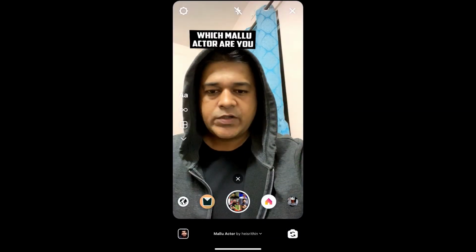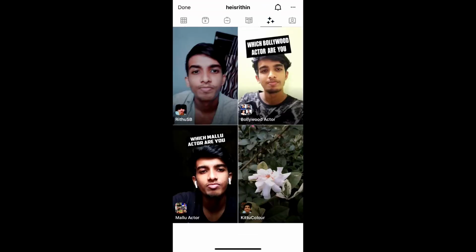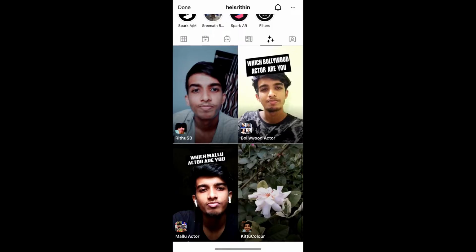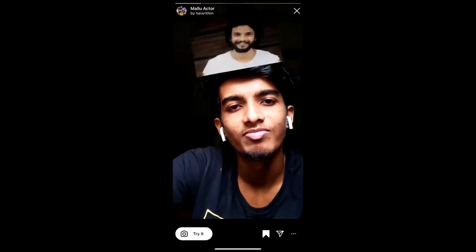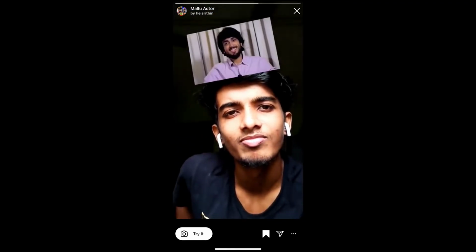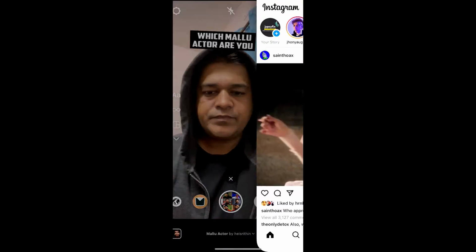To get this filter on Instagram, just visit the creator profile. Ritin is the creator of this effect. You can follow him to unlock these filters to your Instagram camera tray. So check in his filter gallery. This is the filter, Mallu Actor. Tap on it and you will see this preview. From here you can save it to your Instagram camera tray and you can tap on try to try the filter. Okay, and suppose you are not getting the effect like this, then what you can do,